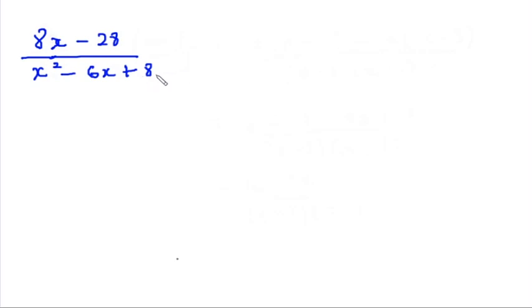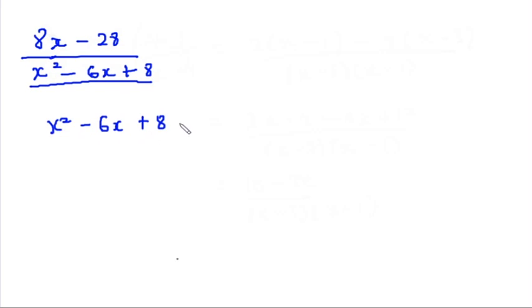Okay, so let's take this example. We have 8x minus 28 over x squared minus 6x plus 8. So whenever you're dealing with partial fractions, the first step is to look at the denominator. So you want to find the simple factors of the denominator. Now if you pick this out, this would be x squared minus 6x plus 8. So we are trying to find the factors of this